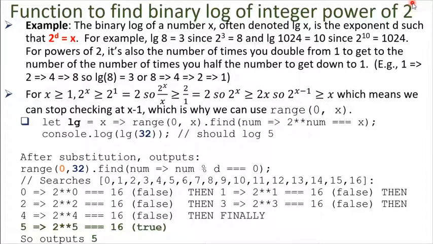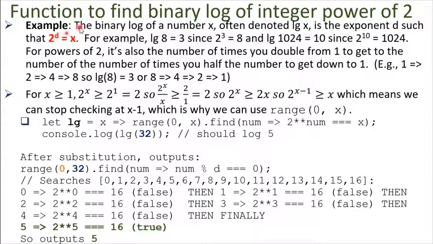So that could be 2 to the 0 where you get 1, or 2 to the first where you get 2, or 2 squared where you get 4, etc. So if you want the binary log of such a number, you're really just looking at the exponent that you raise 2 to get this number, right? And since we're only going to be considering integers that are powers of 2, all of them are going to be able to be expressed as 2 to some integer greater than or equal to 0. And so we're just going to get that integer greater than or equal to 0, that d that